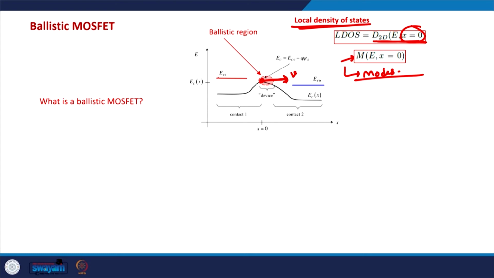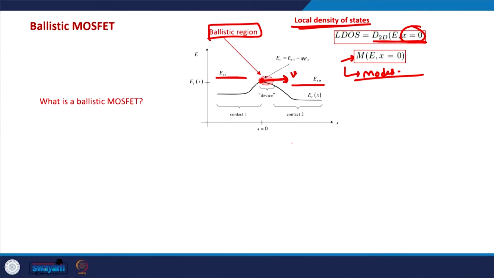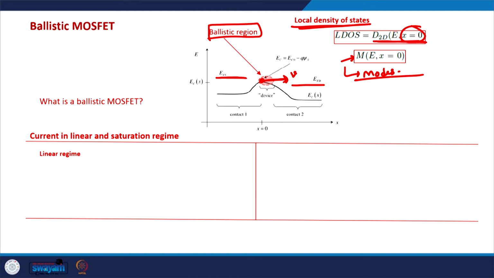So, this is the situation with us. We have a source Fermi function, we have a drain Fermi function, and in between we have a ballistic region where there is no scattering, but there is scattering in the source and the drain region. So, in equilibrium equal amounts of electrons are coming from the source and the drain side. So, that is why the current is 0, but as soon as some voltage is applied on the drain side, EFD and EFS are misaligned. EFD goes down if the applied voltage is positive, and in that case there is a current which starts in the device. So, the current in the linear regime, the expression of the current, if you recall, is